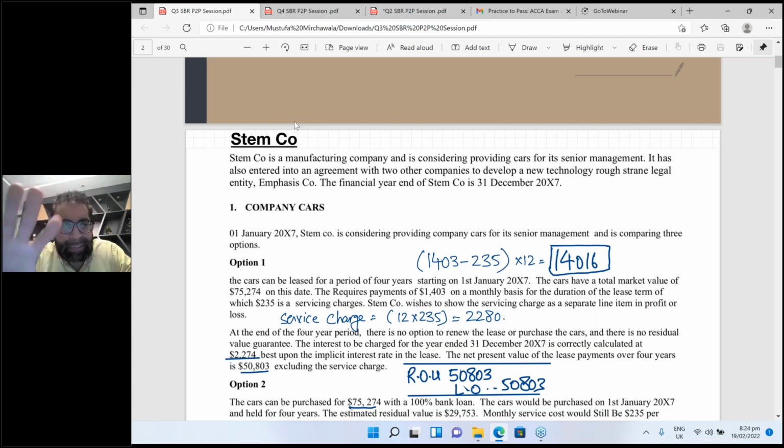Majority of the IFRS 16 part of this question is like FR level, to be very honest. Just keep a paper and pen with you, and make easy entries, and you will understand. I will keep repeating things as well. And one more thing, the first requirement which we will be doing